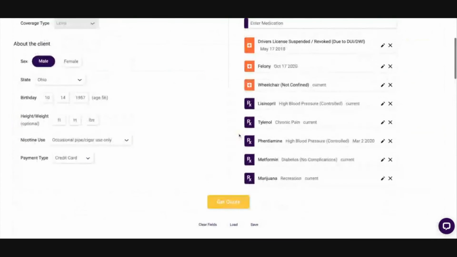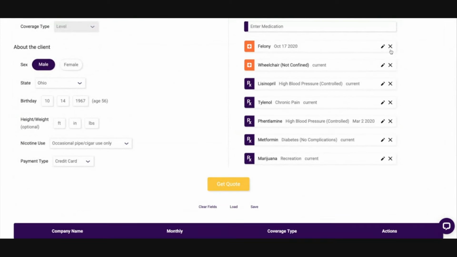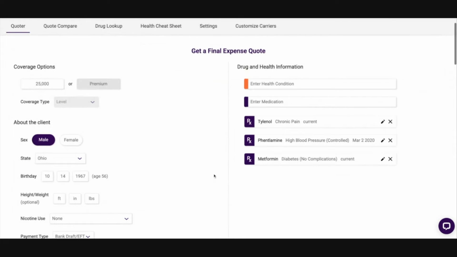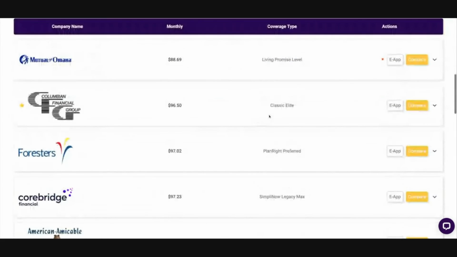Now, to give you a little better example of what you might run into on a regular basis, I'll take off some of these medications. Maybe I'll take off marijuana and I'll change it back to bank draft, just so you can see what both of those would look like. And we'll say that my client does not smoke any sort of nicotine. So again, the medications list is a little bit smaller here, and you're going to see many more carriers,